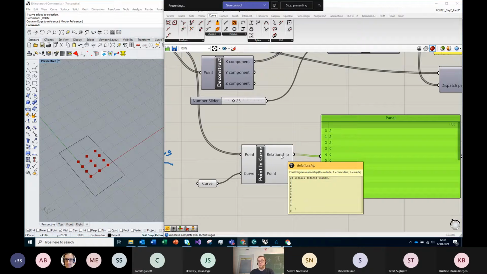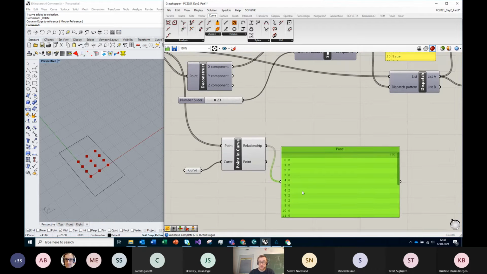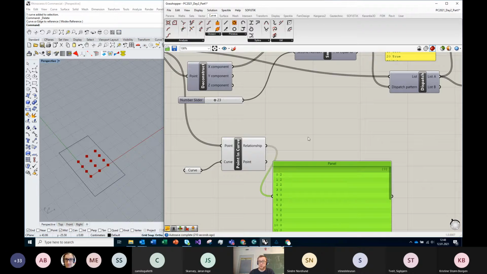Meaning that, because we want to use dispatch, we need to implement some kind of if statement. If something is 0, then it should be true. If something is 2, then if it's inside, then it should be true. And if it's outside or coincident, then it should be false. So let's make this one. I want to take this list and change it into true or false. I will make an equality sign,